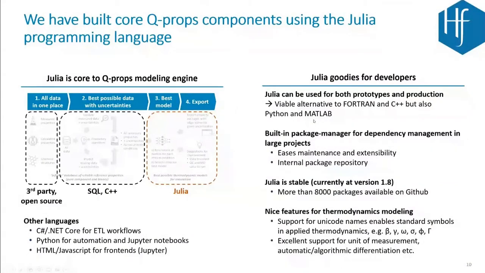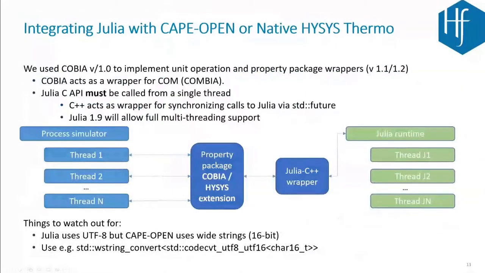But it's also easy to use like Python or MATLAB with a package manager that really handles all of your dependency issues. And there are more than 8,000 packages available on GitHub that you can also use together with your own in-house models. An issue that we faced when integrating Julia with CAPE-OPEN and also recently with the native extensions